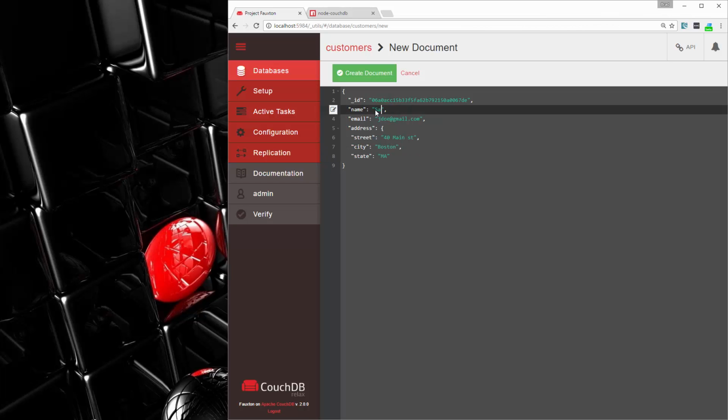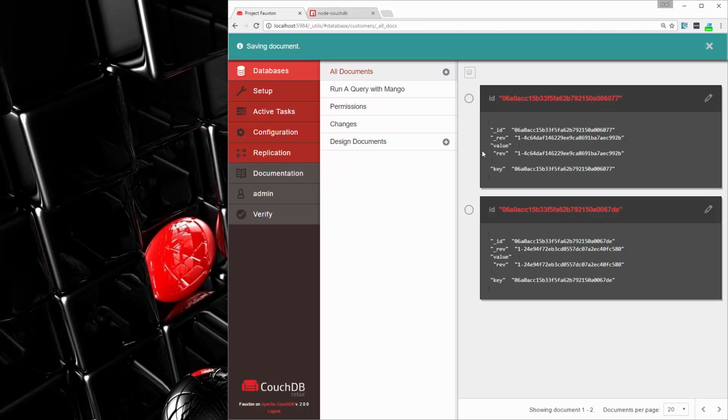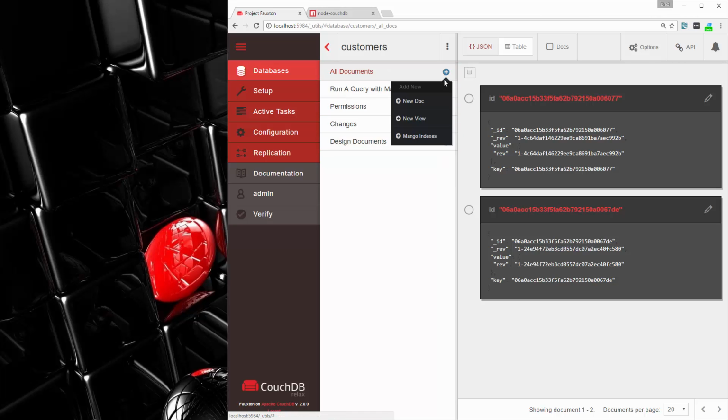And let's change this. Change the address. Say Congress Street. City, we'll say New York. New York. Alright. Oh, we need the curly brace there as well for the address. Alright, so now we have these two customers in our customers database. So what we want to do now is create a view. Alright, so if we go to New View,